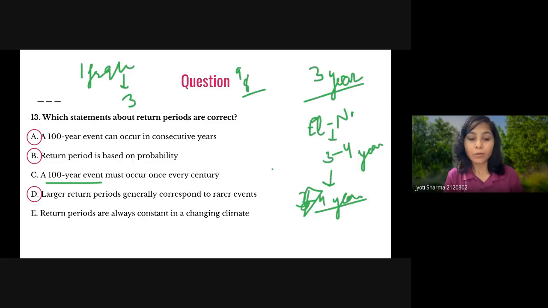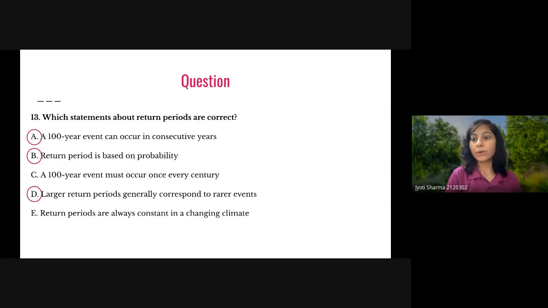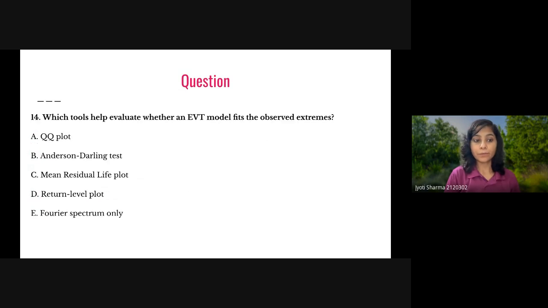Then, are return periods always constant in a changing climate? No, the return period is changing. Initially the return period was, let's say, 5 years, but now the same event is coming in 2 years or in 3 years, so your return period may also be changing. So that's how A, B, D are the right answers. Okay, then